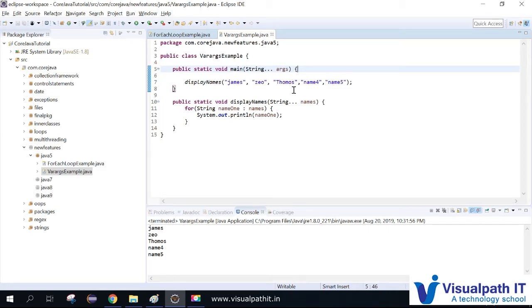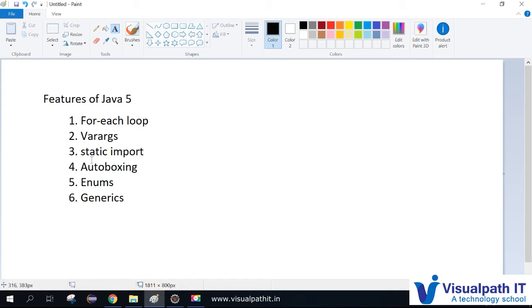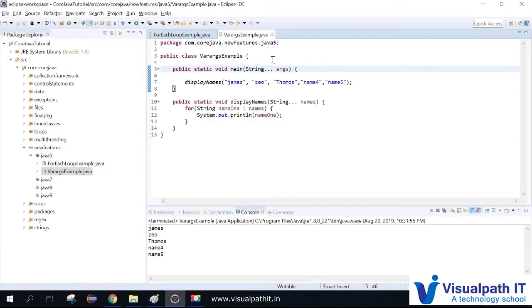There is a new feature introduced in Java 5, which is varargs. The major advantage of using varargs is that you can have a method with a varargs argument and pass n number of parameters dynamically. The number of elements is not restricted, and we don't need to declare a predefined size of array.